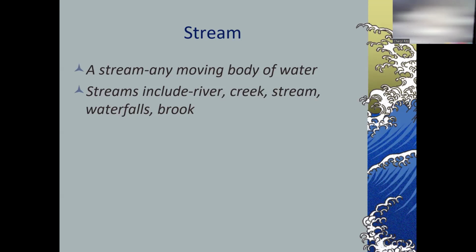Now, like I said a few minutes ago, I like to think of water slides as a river. The reason I do that is because a lot of us can picture water slides a little bit better than we can picture how a river behaves. So let's talk about a water slide. We already established that how fast a river flows is going to control a lot of things. The speed of the river will cause there to be more or less erosion. We already talked about that. Faster rivers, more erosion. Slower rivers, more deposition.